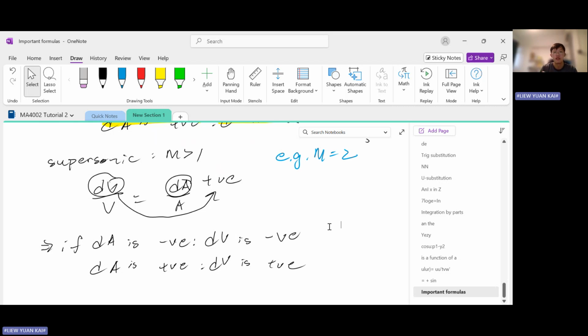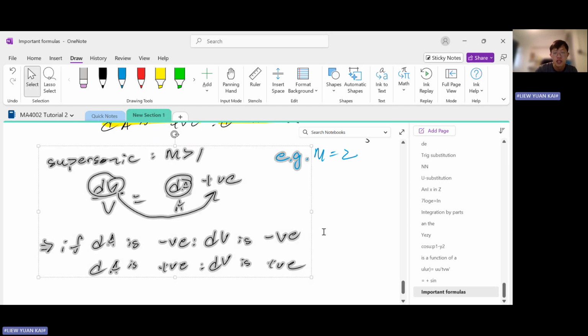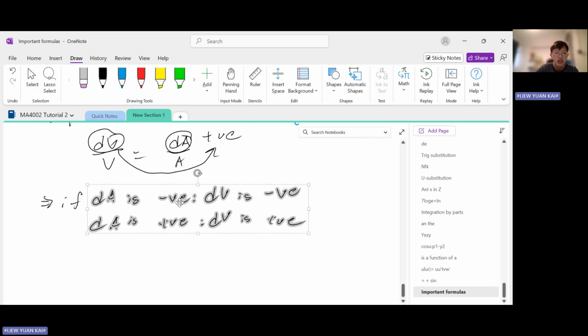So supersonic flow is a very counterintuitive process. As humans, we do not have any intuition with supersonic flow because most things we know happen at very low gas speeds. So we have very little intuition about supersonic flow, right? That's why, take note: don't try to use intuition to suss out the behavior of supersonic flow, because you get this counterintuitive behavior.